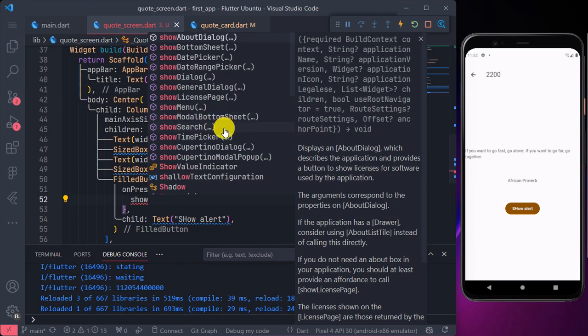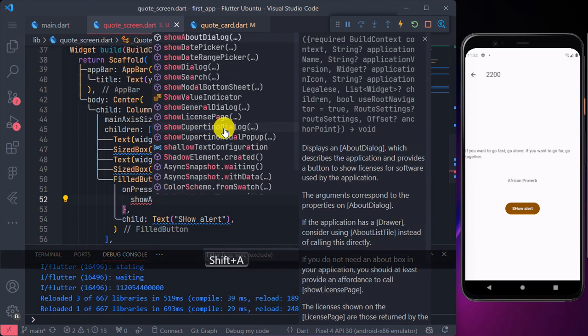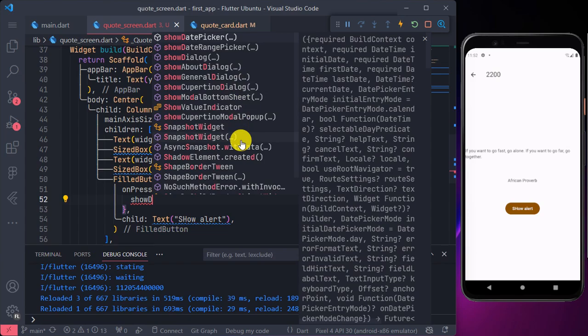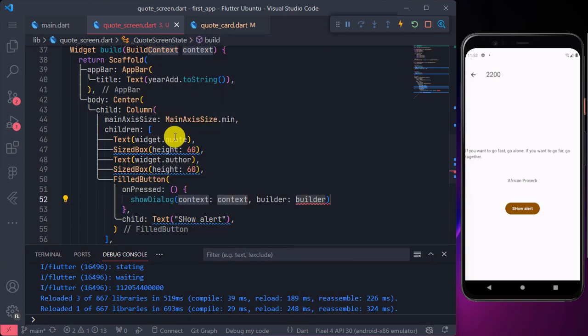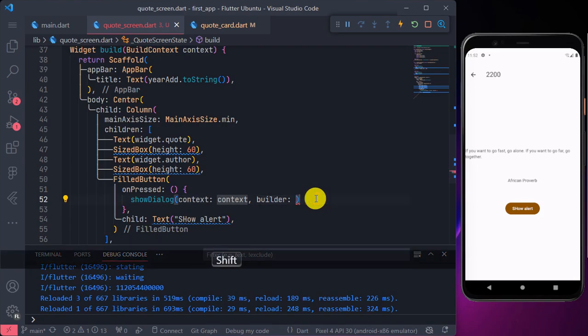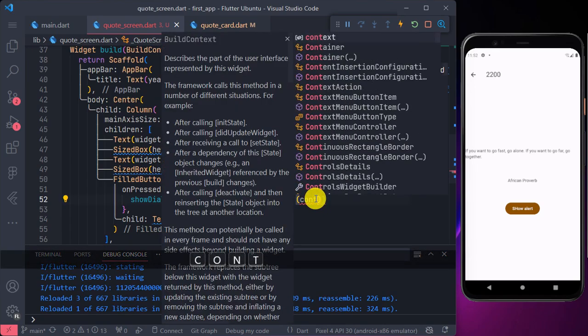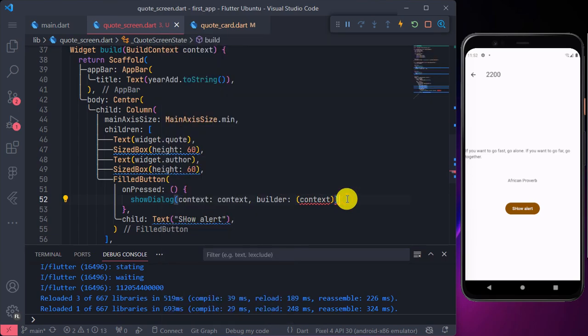So here we just want show dialog, right? So context, and a builder is also context. So we are going to say context. Okay, put your semicolon at the back, and then here you can either use the arrow function, that is this